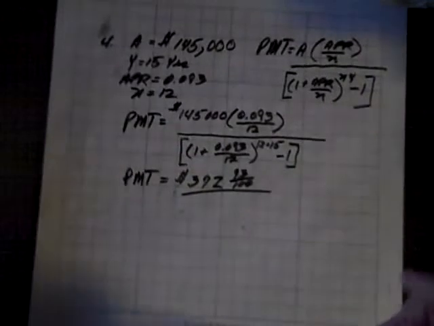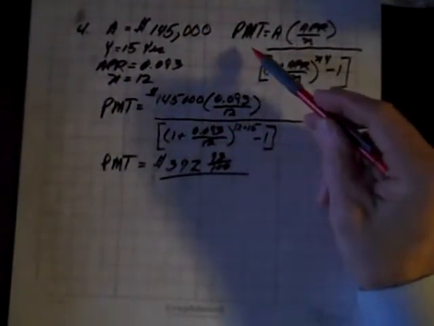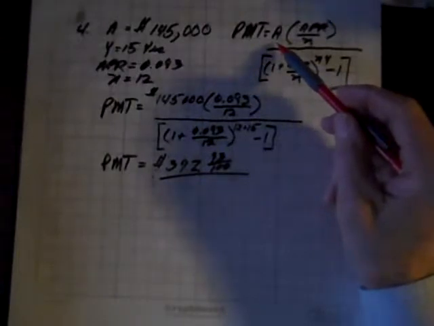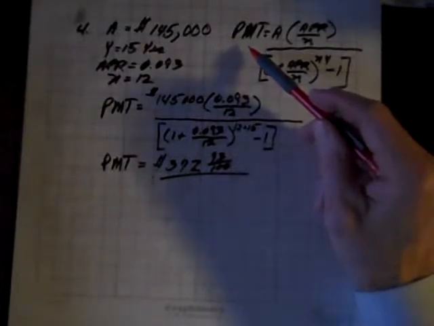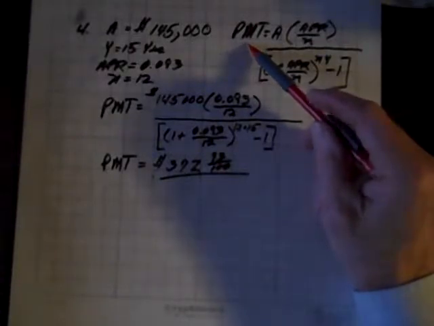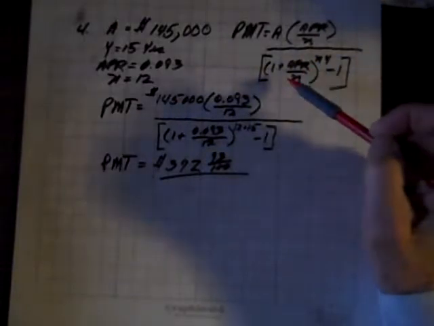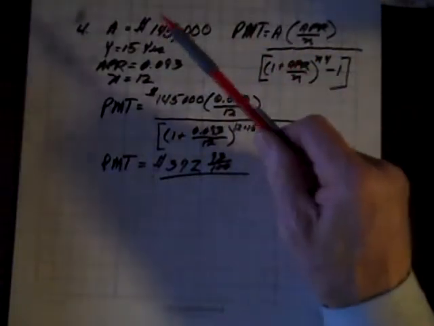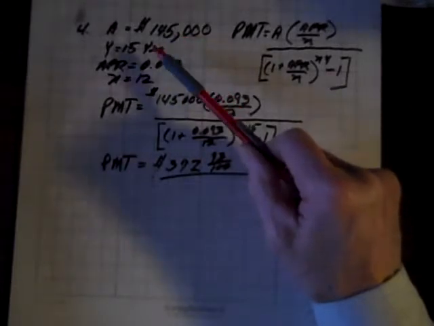And in this case, what we're solving for is the payment. So we take the same formula, we multiply both sides by the reciprocal of the quotient we have in the original formula, and that way we isolate payment, and then it's just a matter of installing the values in their appropriate places. So the amount is $145,000,